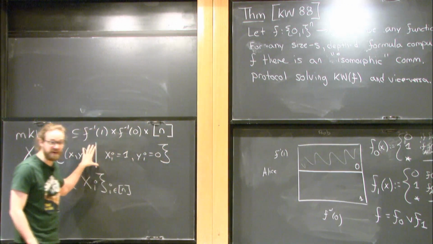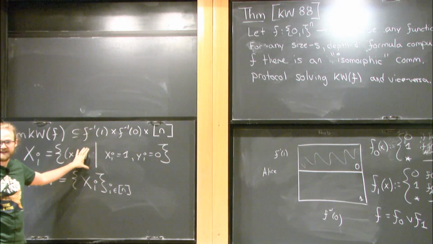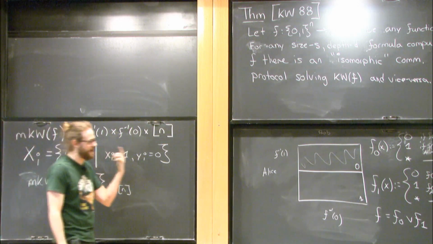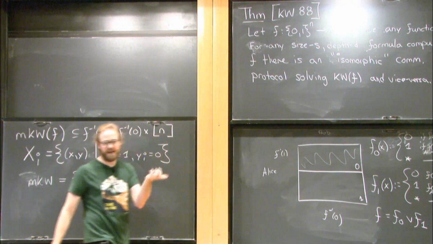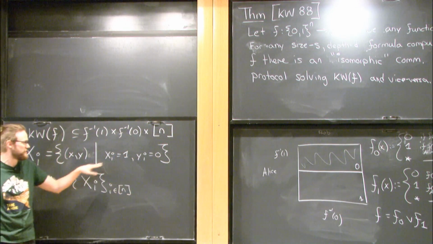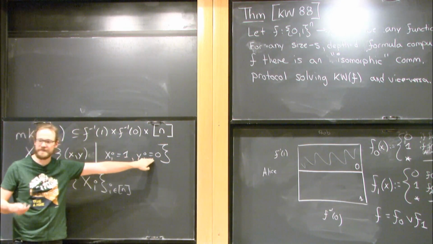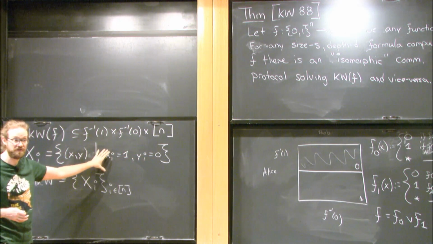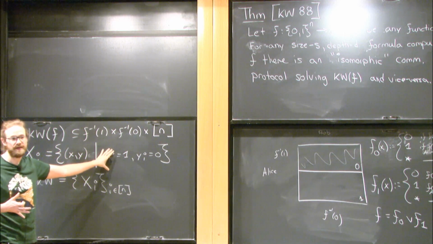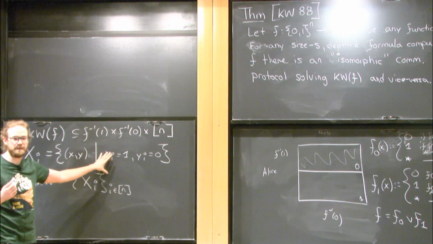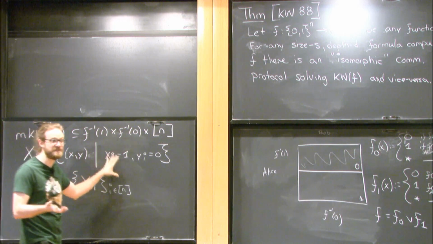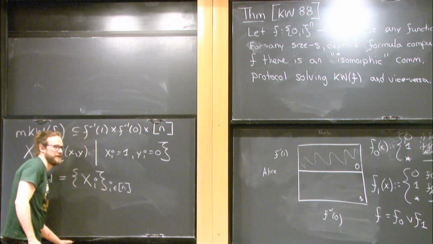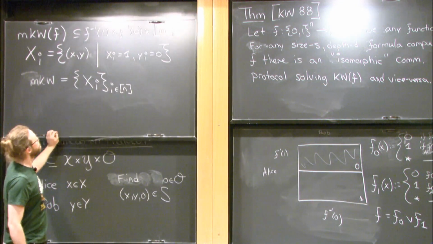Getting back to Yash's point a second ago, one immediate way to see that this game should be harder in a communication complexity setting is that inputs will have fewer answers. I'm no longer asking you to find just a place where they're different. Now I want you to find a place where they're different in a particular way: the 1 input is actually 1, and the 0 input is actually 0. So this is a harder game to solve, not an easier one, right? So we should expect it to be easier to prove lower bounds. In other words, monotone lower bounds should be easier to prove than non-monotone lower bounds, which agrees with what actually happens in practice.